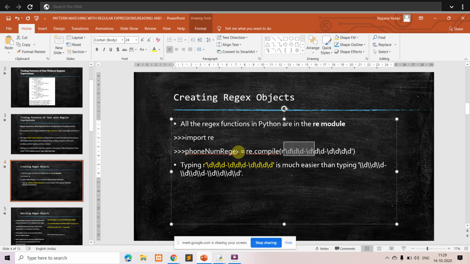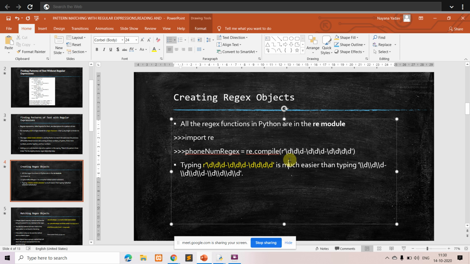Here you can see we have used r. What is the meaning of this r? In the previous session, we saw something called raw strings. You have to write r before the quote; otherwise, it will treat it as an escape character. For that purpose, here we are writing r.